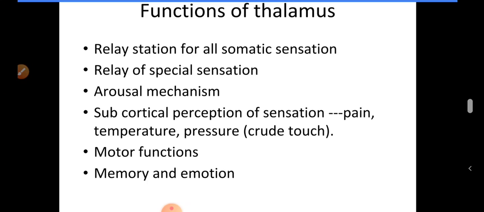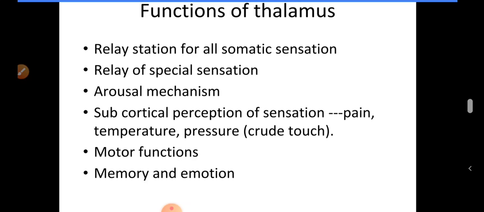Usually, sensation has two qualities: the discriminative nature and the affective nature. The discriminative nature is the ability to recognize the type, location, and other details of the sensation. It is the function of the cerebral cortex. So, what is the affective nature of pain sensation? The affective nature is the capacity to determine whether the sensation is pleasant or unpleasant. This can be detected at the level of the thalamus.